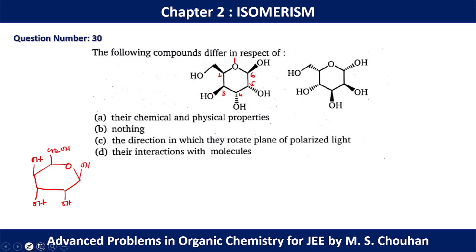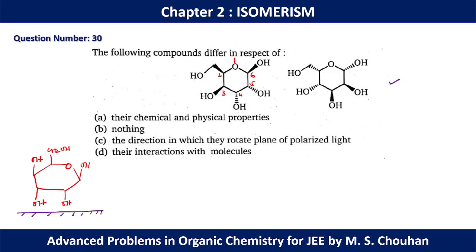Now if we put a mirror in this way, see, we can generate this second molecule. So we have a mirror image relationship. So in a mirror image relationship we have two things. One is homomer, another is enantiomer, but they are not superimposable mirror images. So these two are enantiomers.